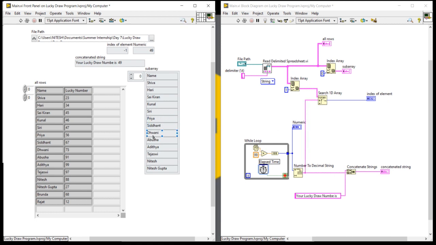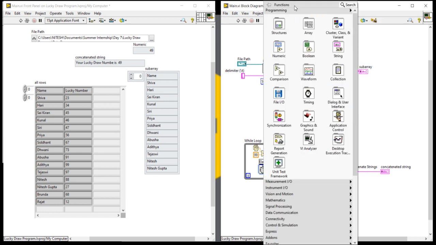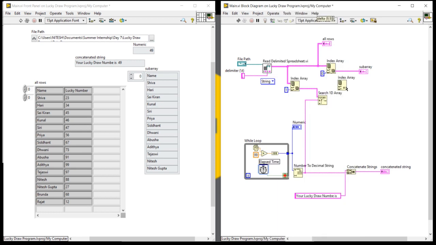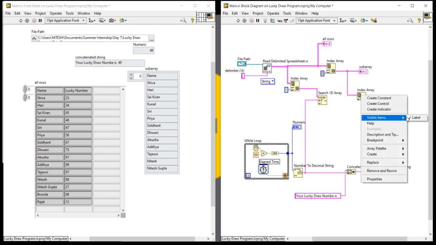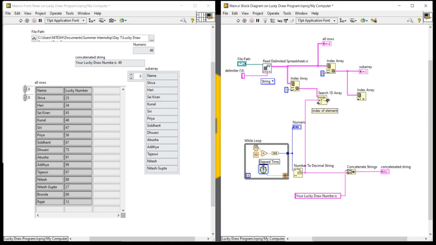Now suppose my number was 46. I will target the fourth location. So here I will apply one more Index Array function and connect it like this, and whatever name it generates will be the winner of my lucky draw.